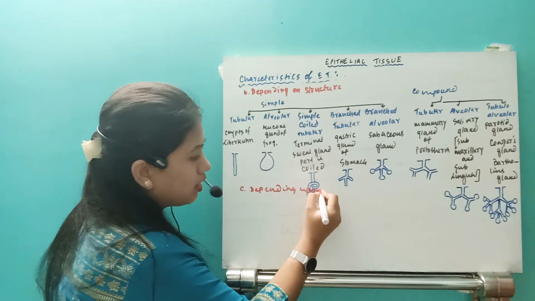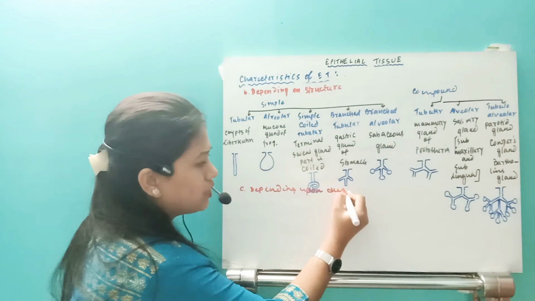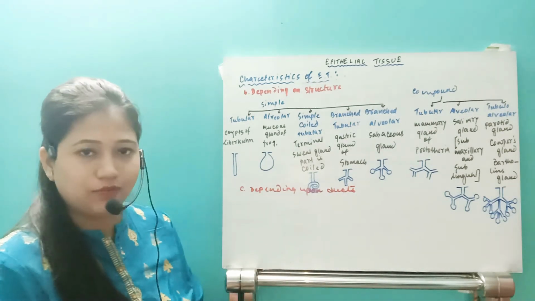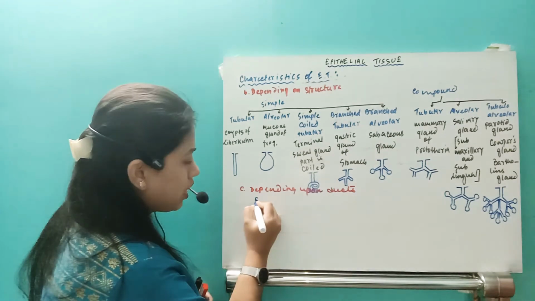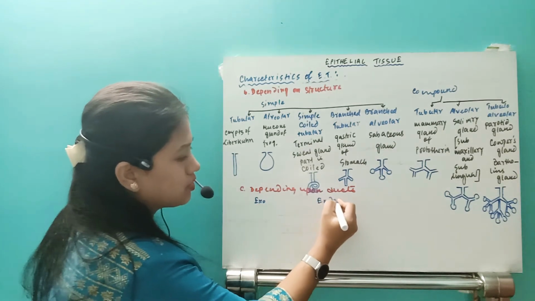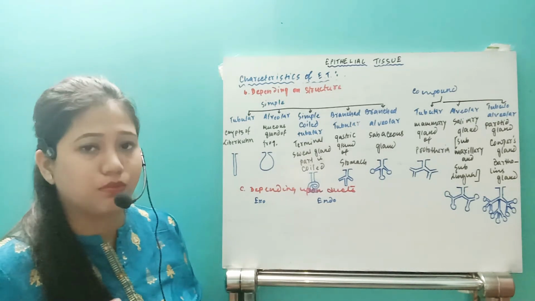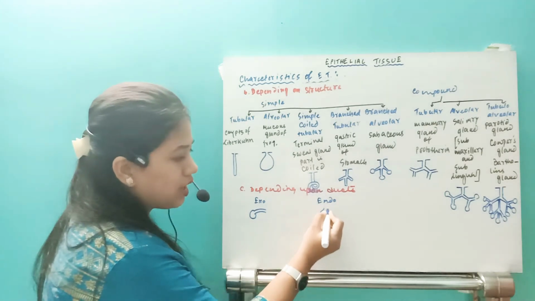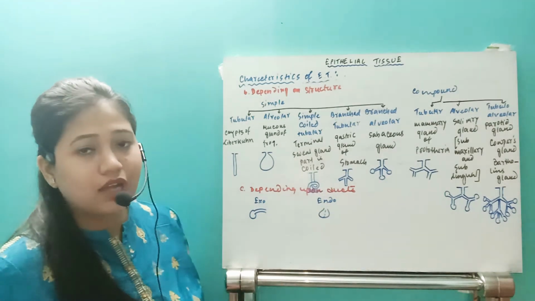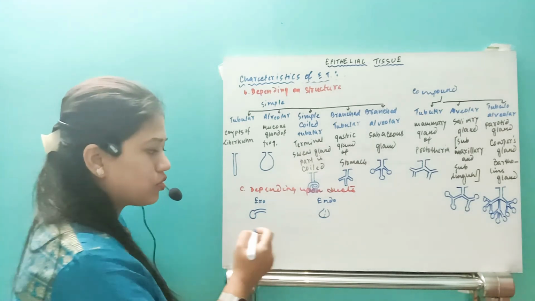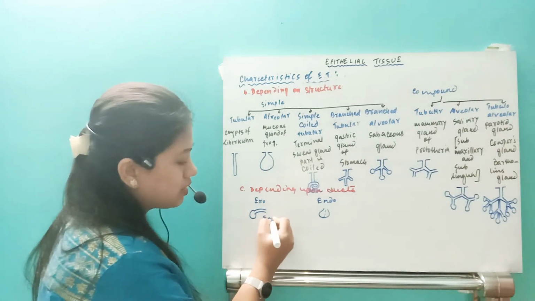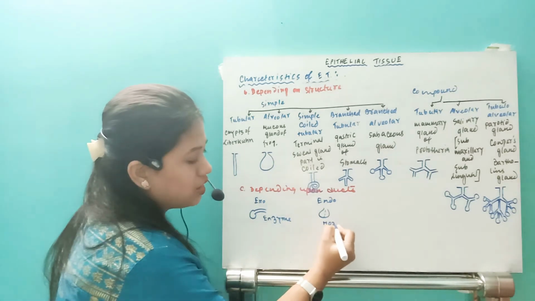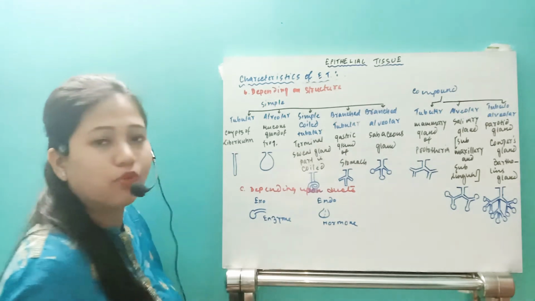depending upon the presence of ducts, we can have two types of gland. One is exocrine, another is endocrine. So what are the exocrine glands and what are the endocrine glands? If it is the exocrine glands, remember they are going to have the ducts. If it is the endocrine glands, then the ducts will not be present. The exocrine glands basically release enzymes, and the endocrine glands release hormones, right? This is one important point.